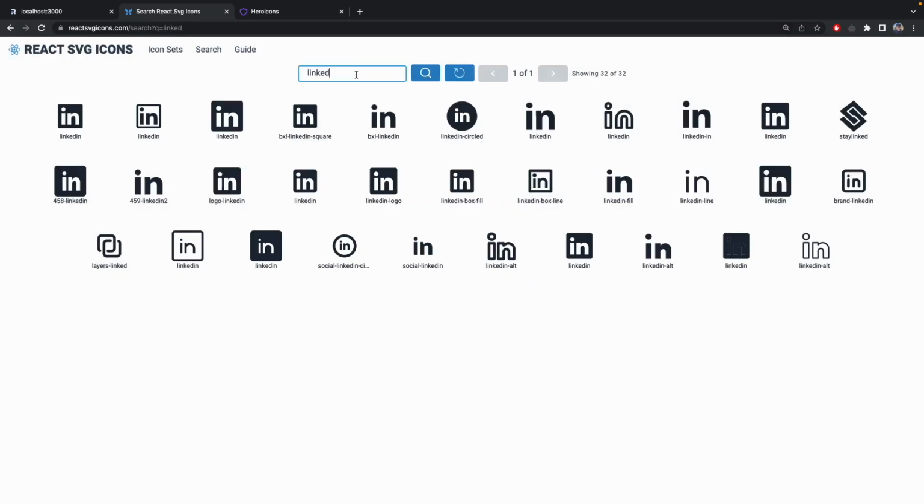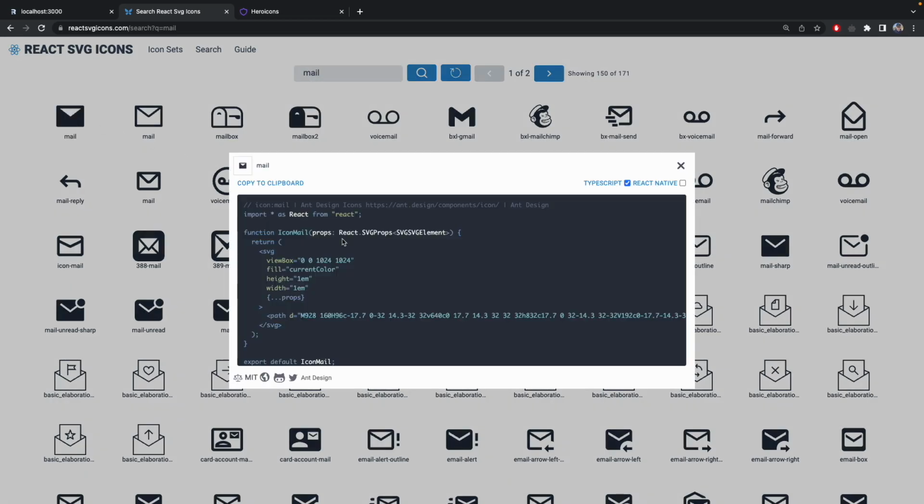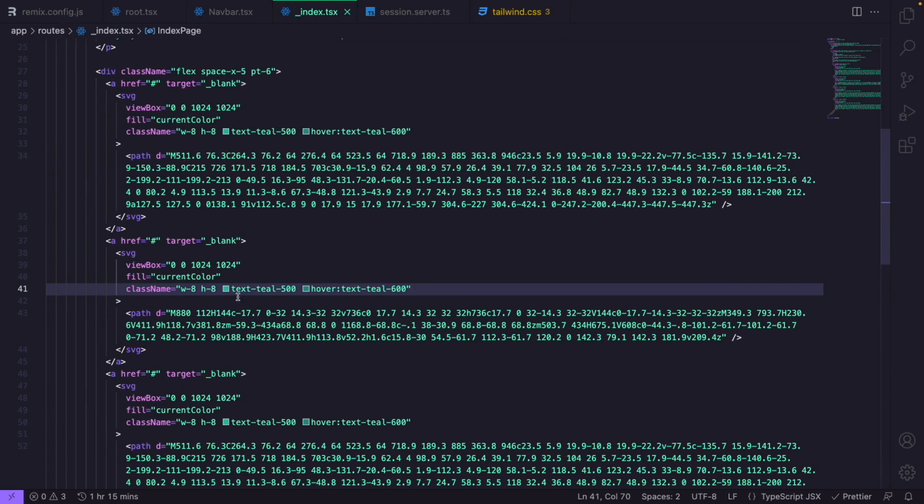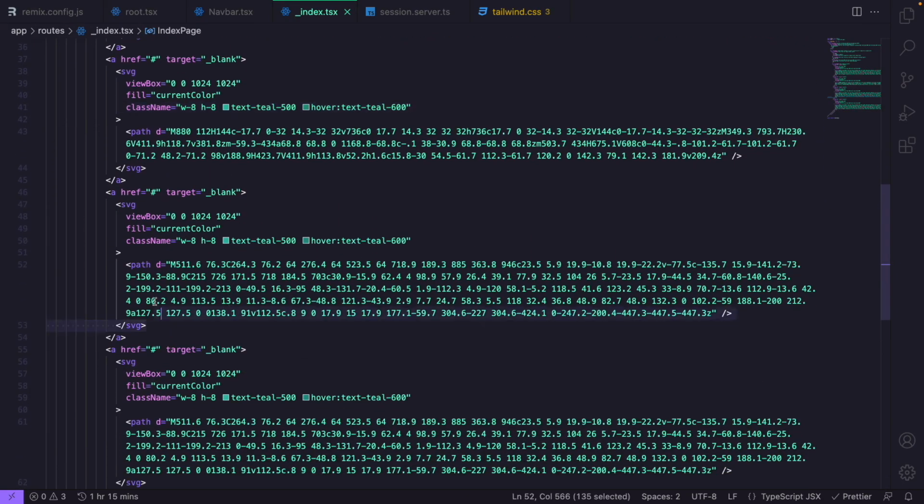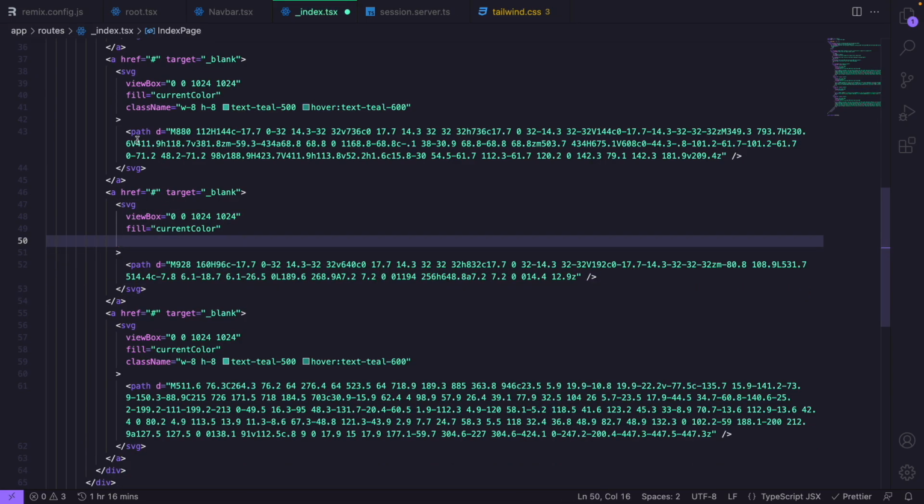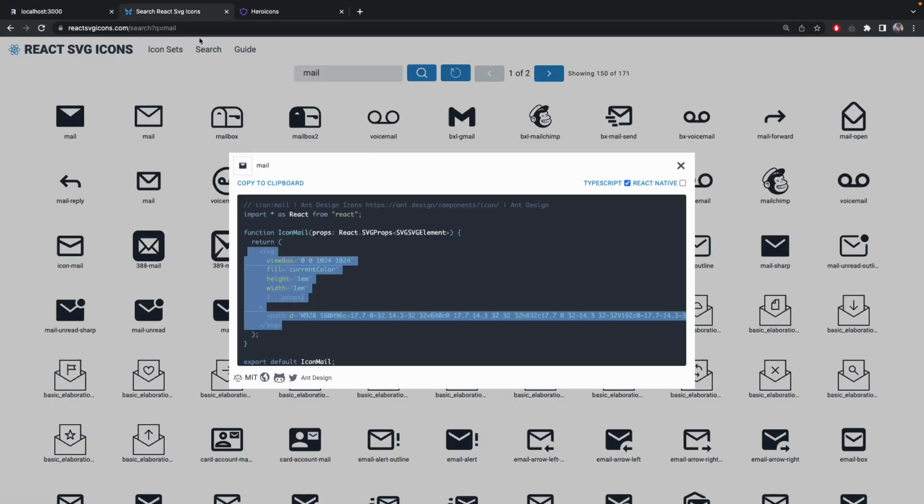Another icon I want to use will be the email. For the mail I will just use this icon right here. Let me again copy the SVG. Then I will go to my third SVG, so we have here the first, the second, and here will be the third. I will again delete the props, the width and the height, and copy the class name from right here and paste it right here. Now if I save that and reload everything, you will see GitHub, LinkedIn, email,